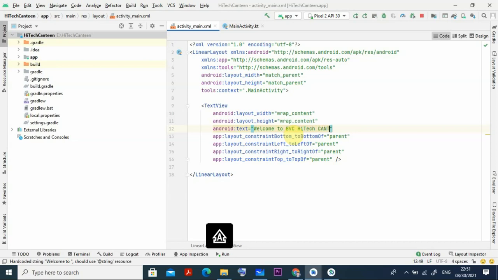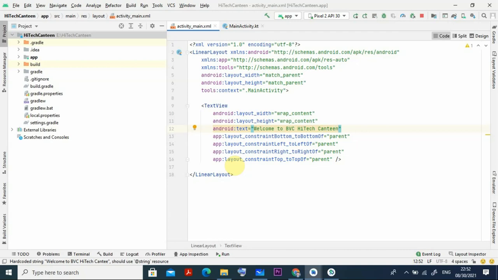Okay, so this is the thing I want to display. You can ask where we use all these things. The text view is like a banner or heading; when you come across this type of thing, you can use the text view. Canteen, sorry, double E canteen. Now you can set it.